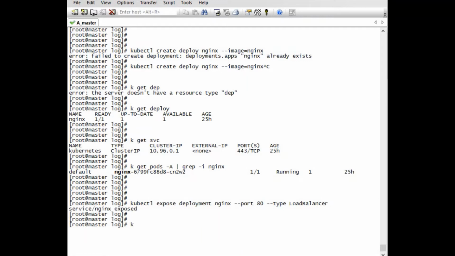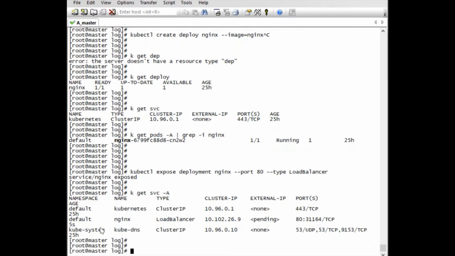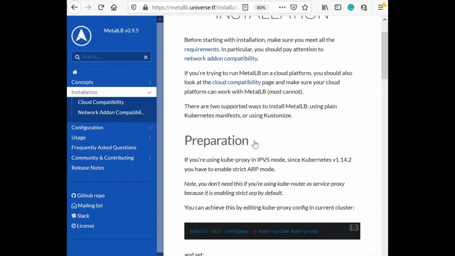Okay, let's get service -A. See, here we tried to expose the service on the deployment. So a new nginx service of type LoadBalancer is created, but we don't have any load balancer in this cluster, so the service would be pending. Okay, so let's move to our official site installation.